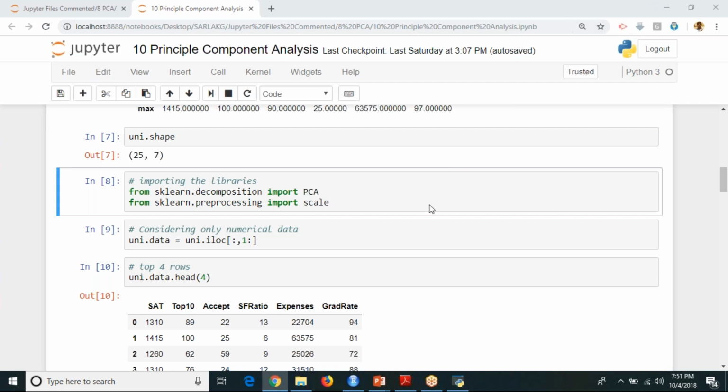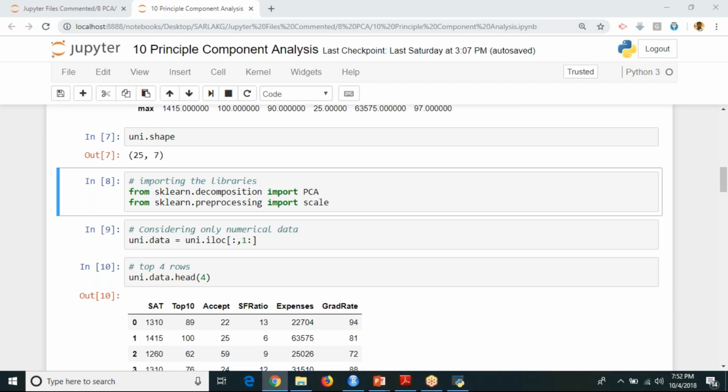Neha, can you tell me the function name? Princomp. Yes, it is princomp. Princomp is a function which is used to implement PCA. Don't say find out PCA; if you say find out PCA, that becomes something different. So in order to implement the principal component analysis algorithm, there is a function called princomp.